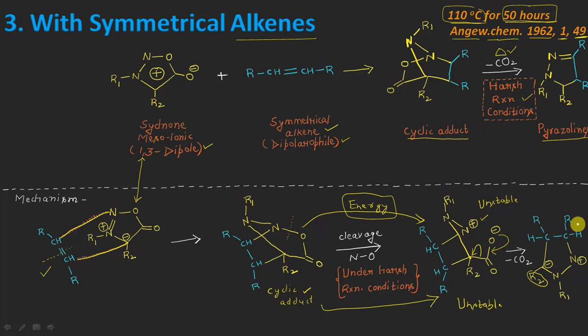I mean a proton shift will take place. That will be a 1,3 proton shift here, such that when this H positive will move from here, it will result in the formation of CHR here, single bond